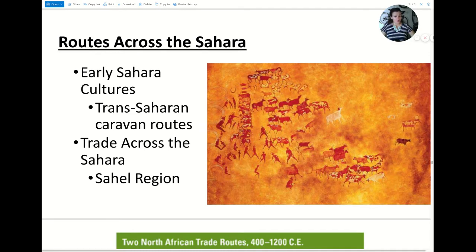We also are going to see that the Sahel, the region south of the Sahara, is going to be crucial as well. We see that lots of groups will gather here. It's sort of known as like a coastland, right? Because in many ways, the Sahara Desert is very similar to a large ocean, right? You don't have access to water, you're pretty exposed, it's difficult to cross.